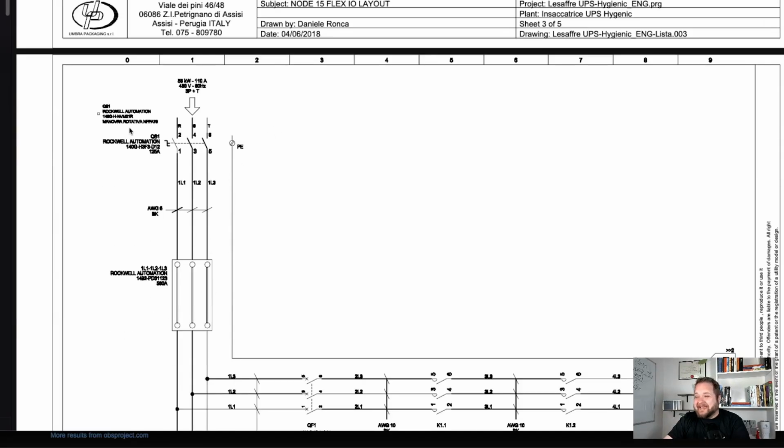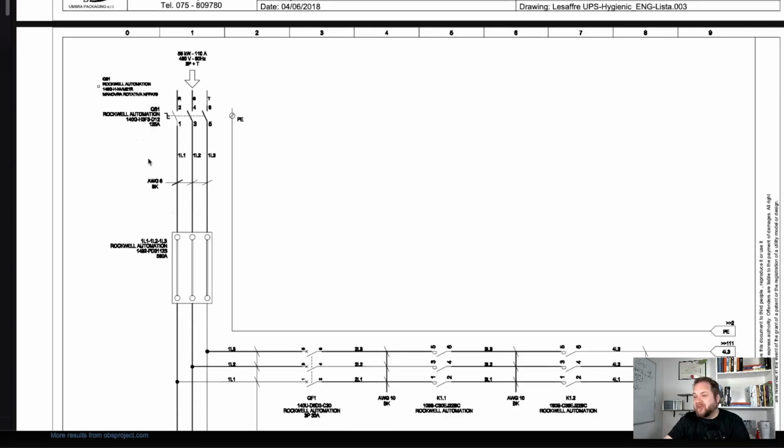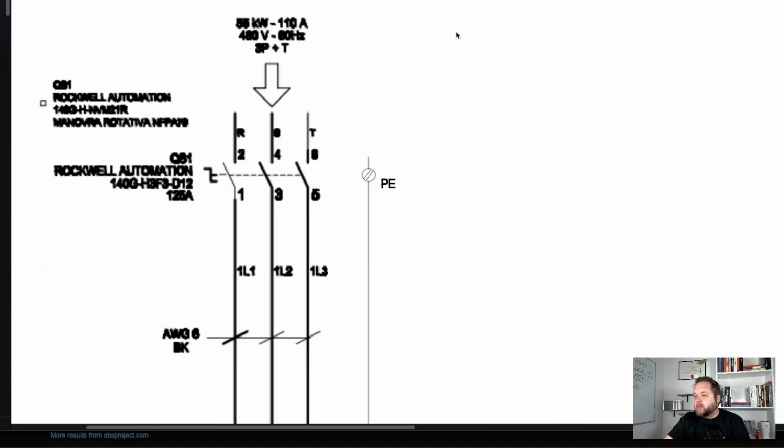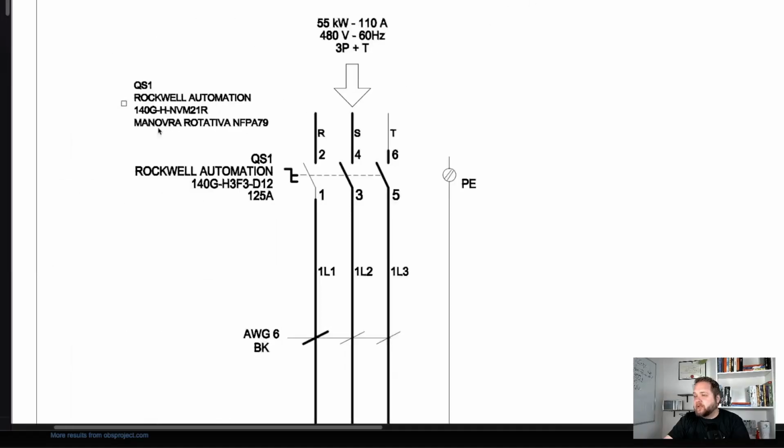So here we have the initial channel, which is going to be the 3 phases coming into the machine. Again, if we zoom in to see a little bit better, because the wording is not rendered correctly, you'll see that you have a Rockwell Automation, some kind of NFPA rated disconnect. Obviously, you can find the exact part numbers if you desire to do so. It is a breaker of 125 amps. This is where you would feed your 3 phases of 480 volts, 60 hertz, as you would expect in the